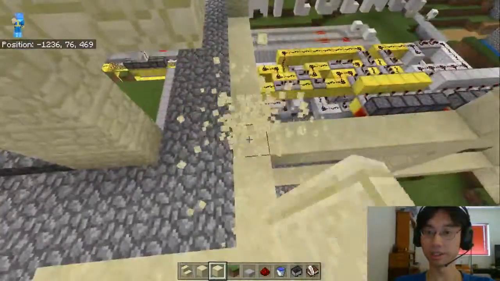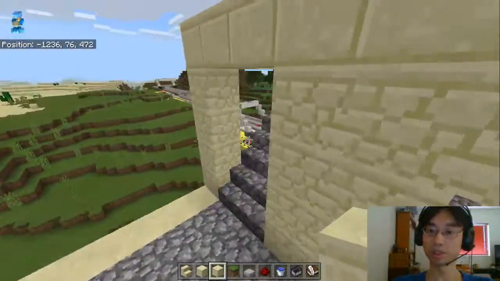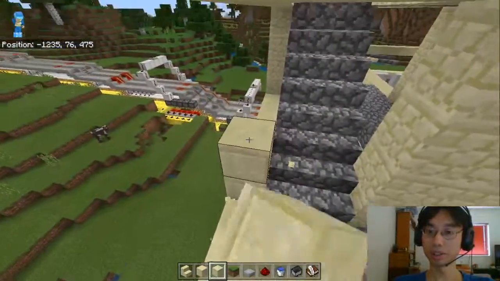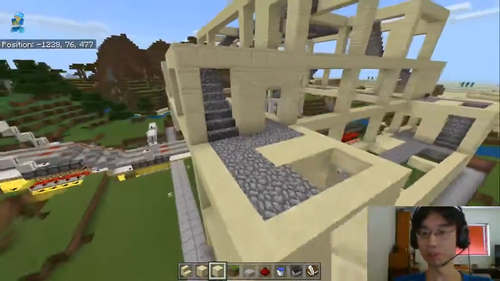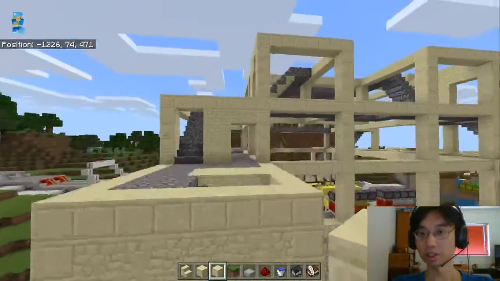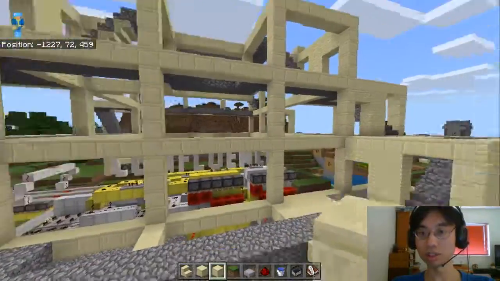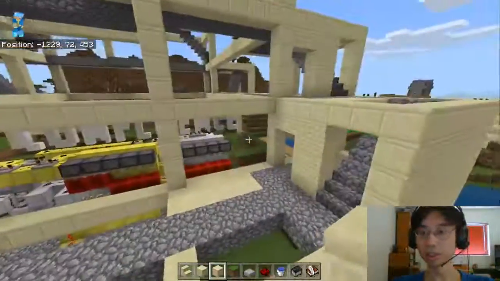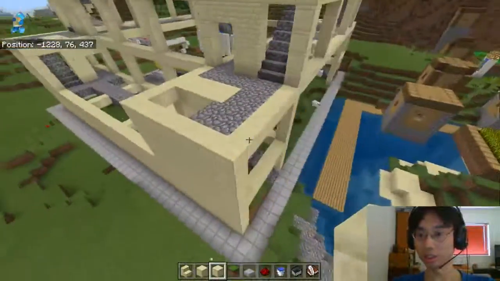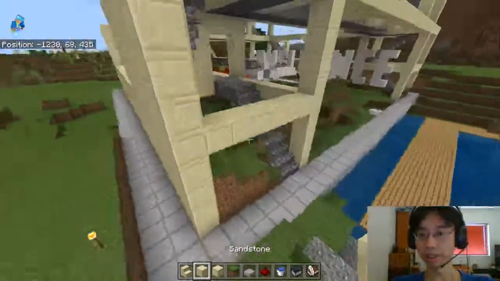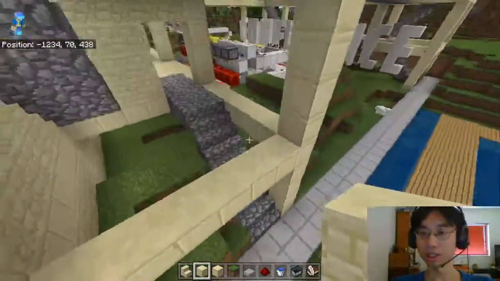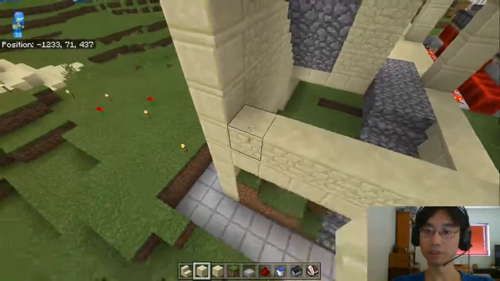Alright, and then this one and this one. Let me just look at this real quick. So that's good, that's good. I'm just gonna check if I put all the smooth stone in this area. Okay, and that's good. So now we can go ahead and fill in